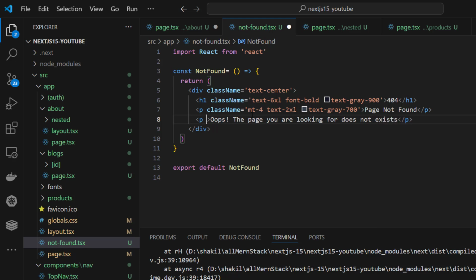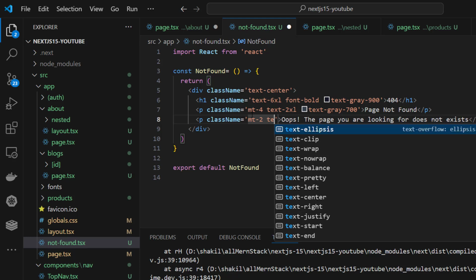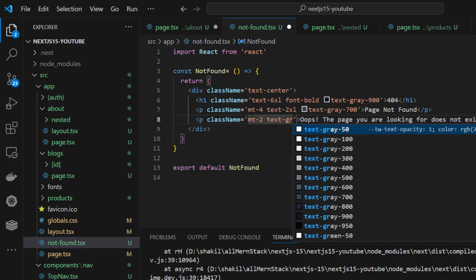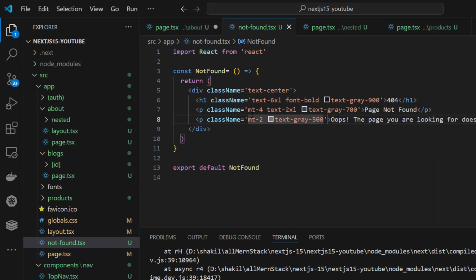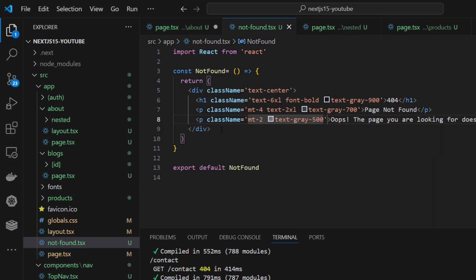Okay, and give it a class name mt-2 text-gray-500. And below p